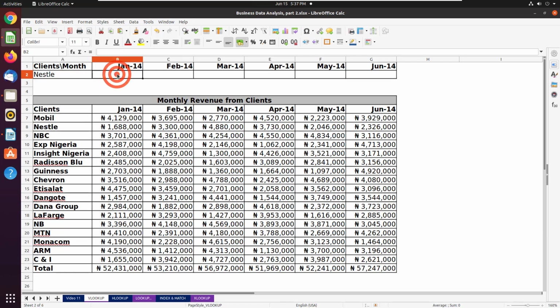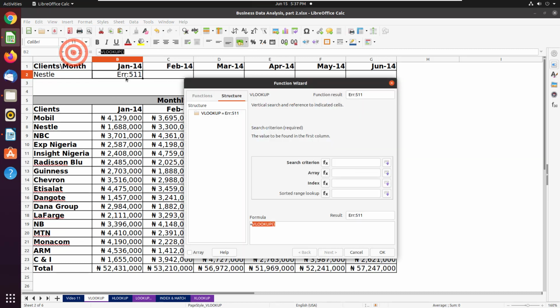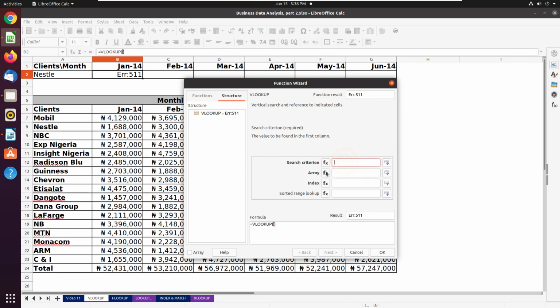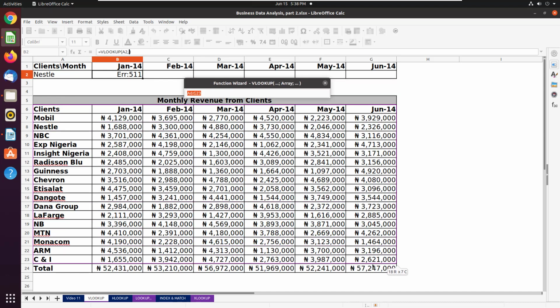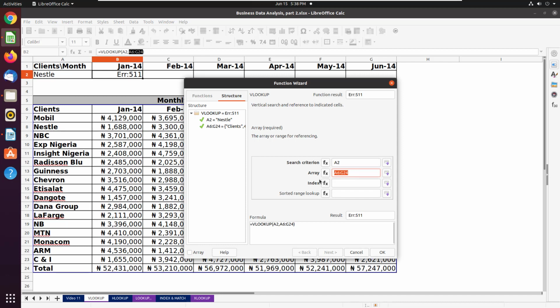So right now for VLOOKUP, interestingly, the formula is also VLOOKUP. So if you do equal to VLOOKUP, open bracket, it's the same syntax. The good thing about OpenOffice, which is similar to Excel, is that you can use the function tool to complete what you want to type. So what am I looking for? I am looking for whatever client name is in here, and then in which array. As usual, I can select the entire table to pick up what I'm looking for in,